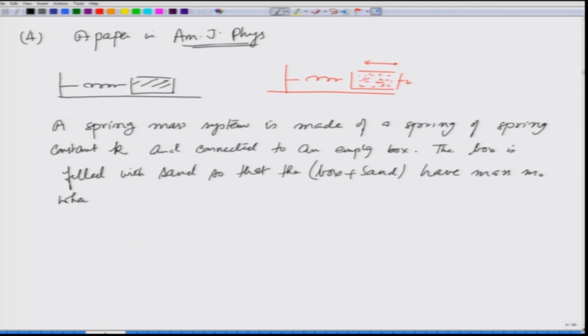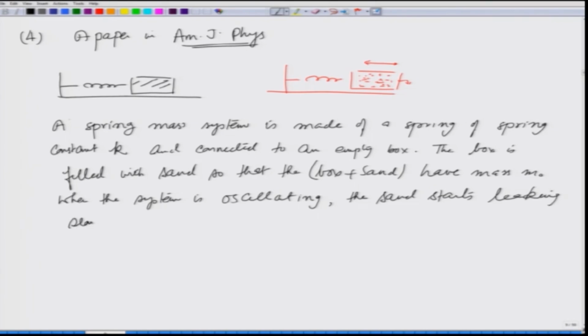When the system is oscillating, the sand starts leaking slowly from the box